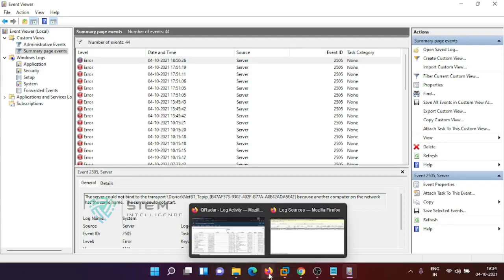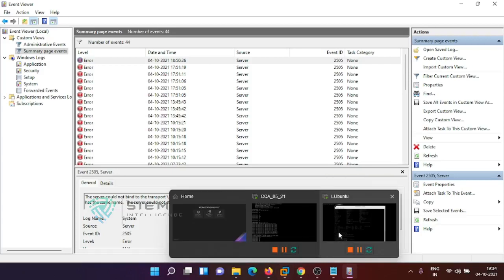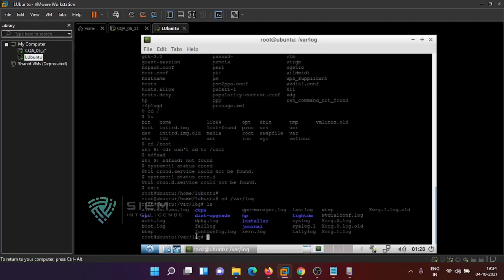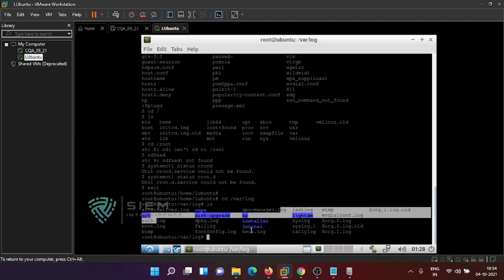If you go and see in Ubuntu, the location of the message logs is /var/log. I'm doing ls. There are so many logs: authentication logs, boot related logs, dpkg logs, installer logs, general logs, kernel logs.